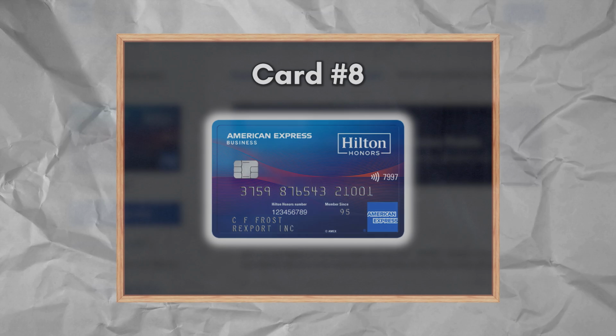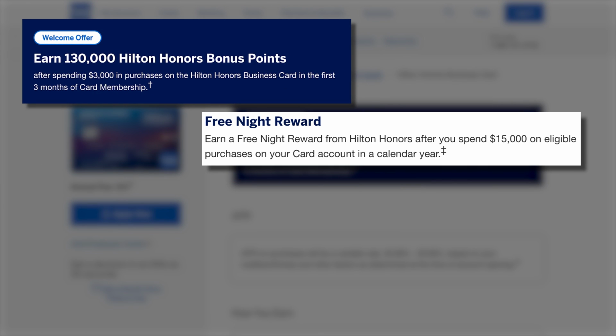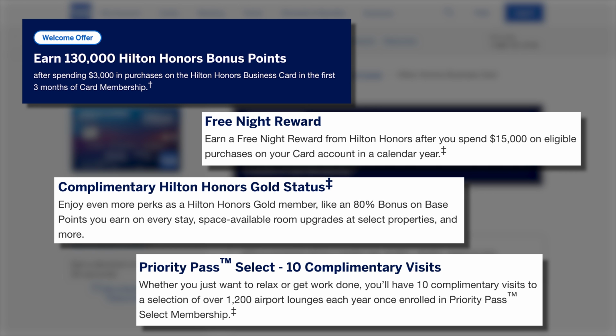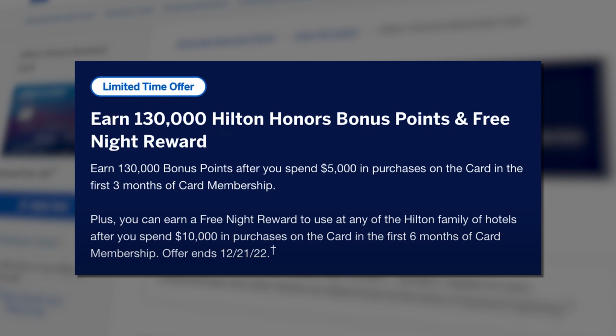And so next up is card number 8, and that's going to be the Hilton Honors Business Card. Now this card is a great card that comes with a decent sign-up bonus, a free night reward after $15,000 in spend, Hilton Gold status, and 10 Priority Pass visits for a $95 annual fee. Now I don't stay at many Hilton properties, but about a year ago there was a sign-up bonus that caught my eye. And this sign-up bonus offer was for 130,000 Hilton Honors bonus points after spending $5,000 in purchases in the first 3 months,